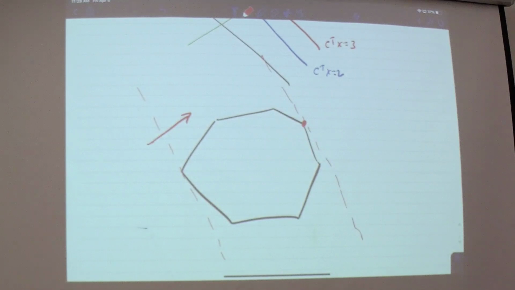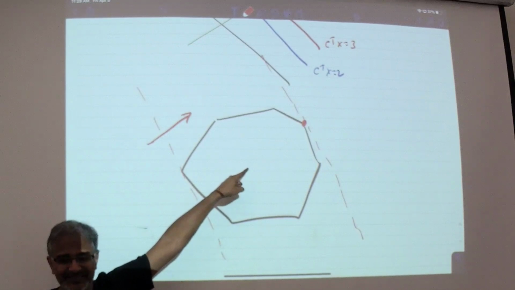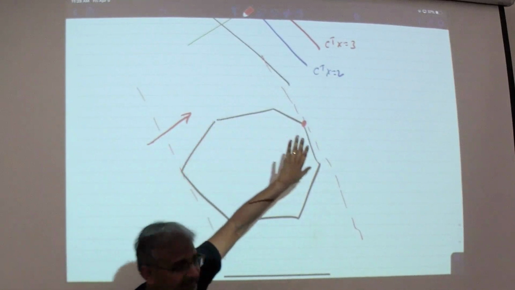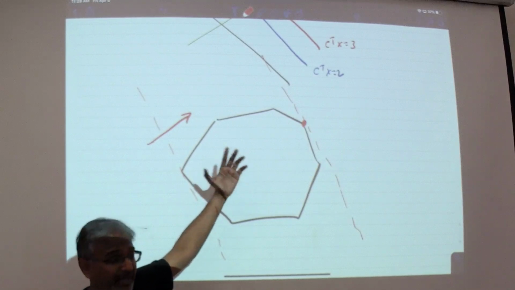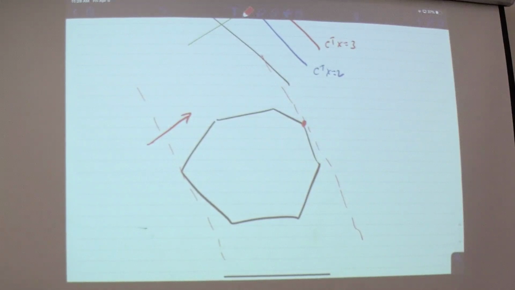Now, if you were, for example, optimizing a quadratic function, this may not be true. Suppose you're trying to maximize a concave function. Concave functions kind of look like this. They're big in the middle and kind of small on the sides. So think of, say, entropy or something like that. If you put a concave function over this, it's going to optimize somewhere in the middle. It won't optimize at the boundary, so the statement I just made will not be true. But for linear optimization, it has to be at one of those points because you're always going up or down.